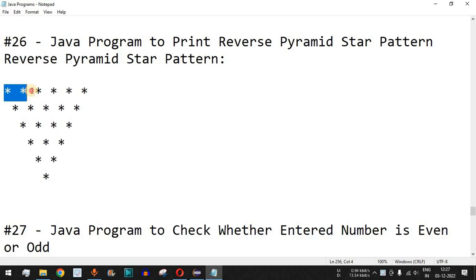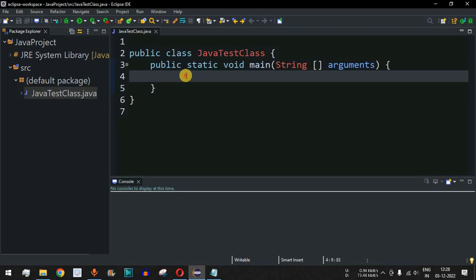Initially it has 6 stars separated by the space character, and then on the next line we have 1 space character first, and then 5 star characters, and then on the third line we have 2 space characters, followed by 4 star characters, and so on. So with every new line in the pattern, the number of space characters increases. That is what we are going to draw first, followed by the star characters. So let us move to the Eclipse IDE